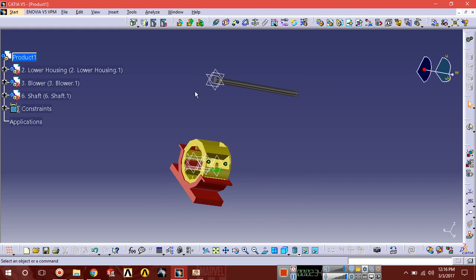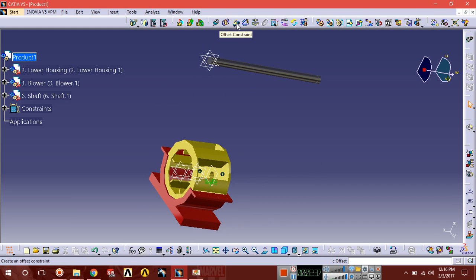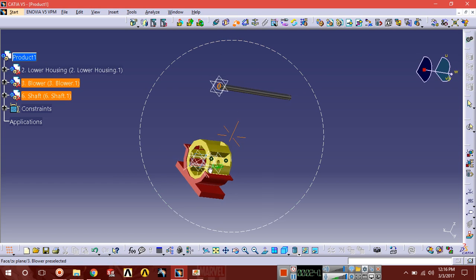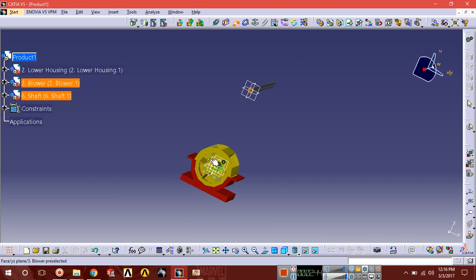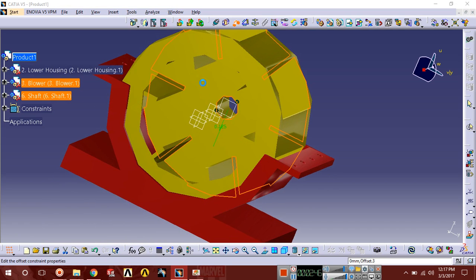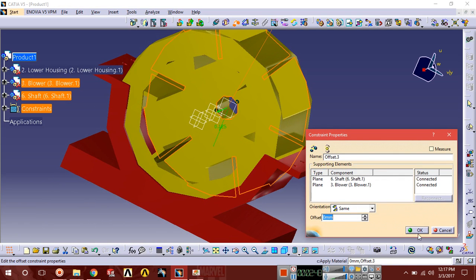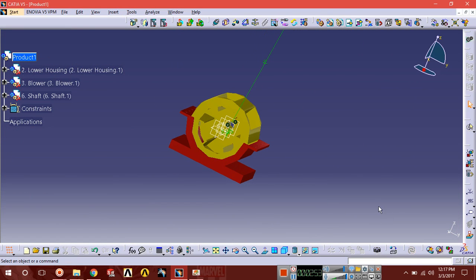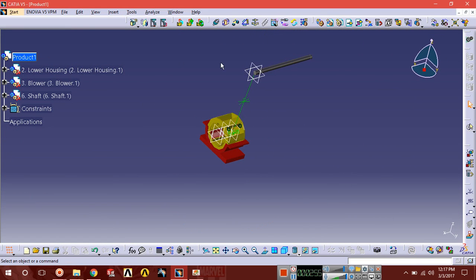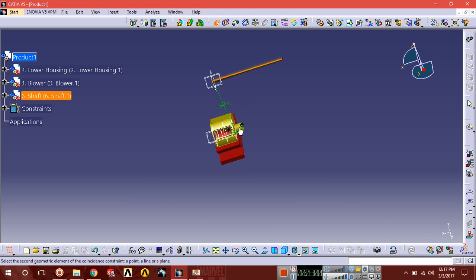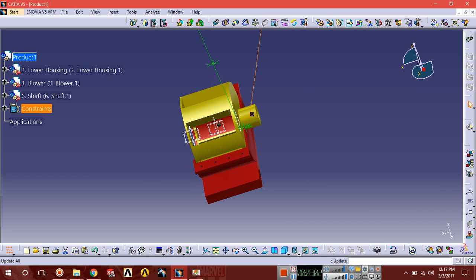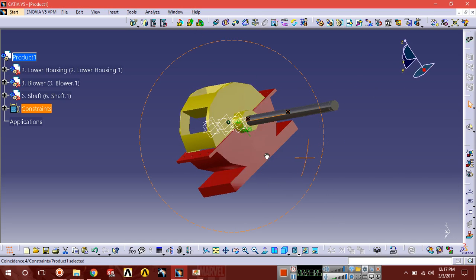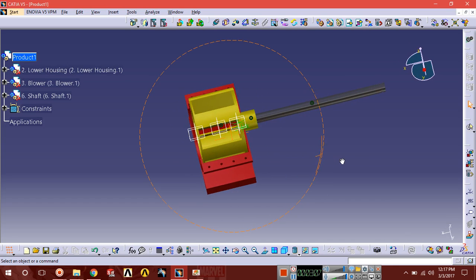Okay, now select offset constant, select this face and select this face, and here put 0. Update. Now select coincident constant, select this and select this surface. Update. Here you can see it's properly inserted.